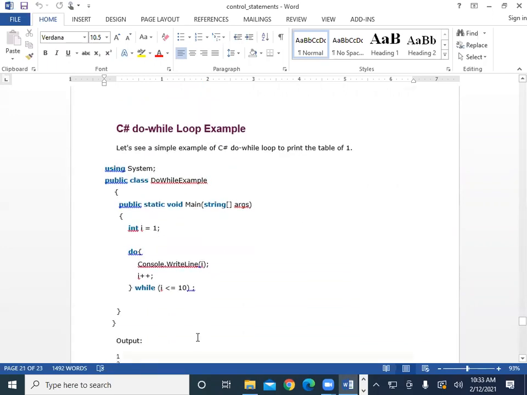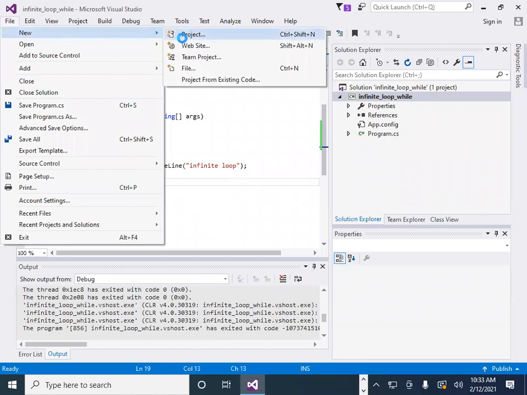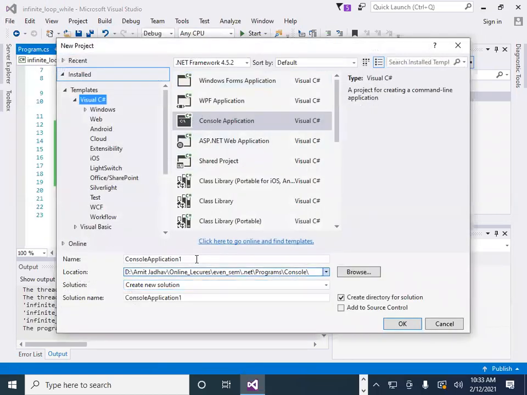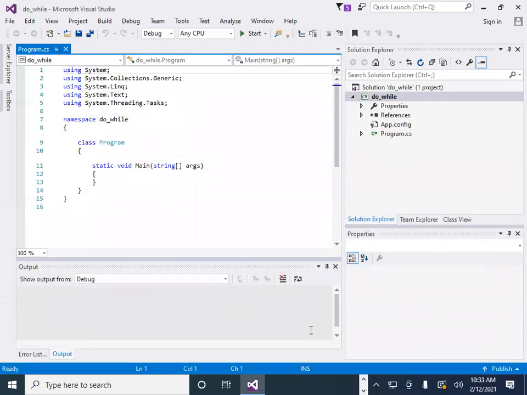So let's see one simple example of do while to print the numbers from 1 to 10. So this is the do while. Here it starts the do while loop. We define the integer I. Its syntax is do.